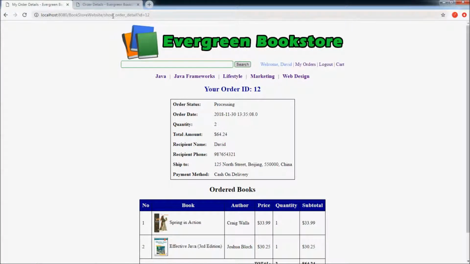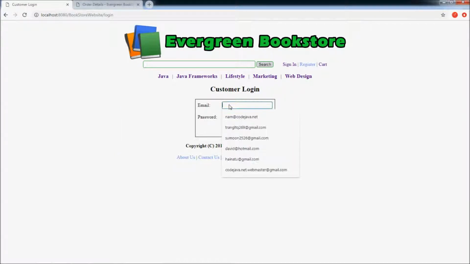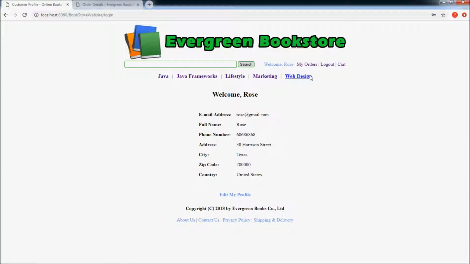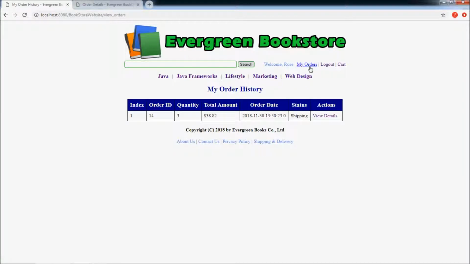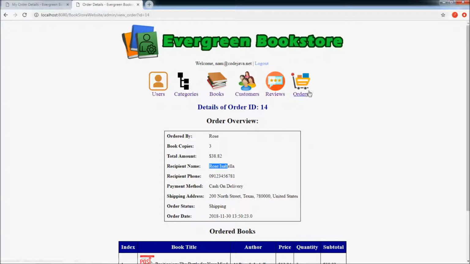I will log in as a customer Rose here. Sign in email is rose@gmail.com. Password is Rose. Log in, and I see my order history here, and I can see the status of my original order is shipping with details, and I can see my recipient name and phone have been updated. Very good, right? And now in the admin section,